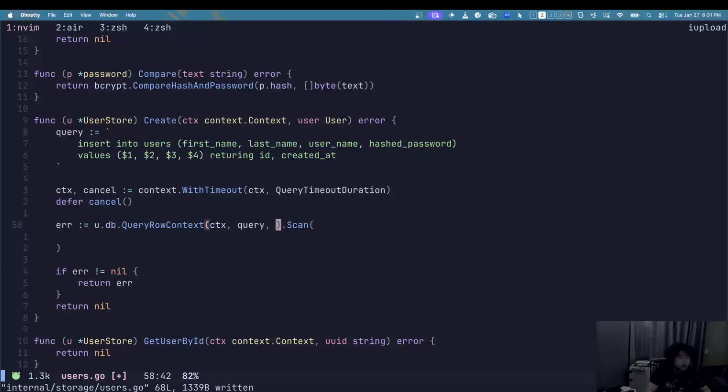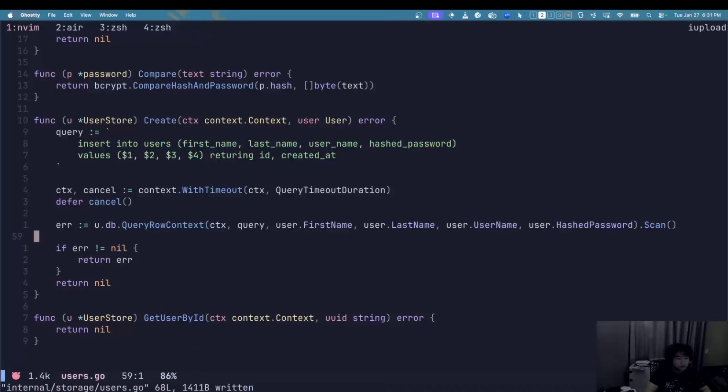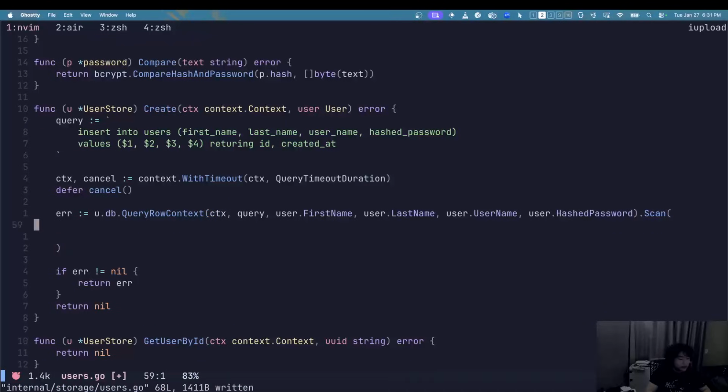So query, and then the first argument, second argument, third argument, fourth argument. So we'll do user dot first name, user dot last name, user dot username, user dot hashed password, right? Then we pass into